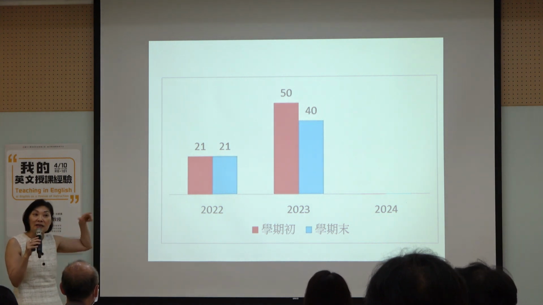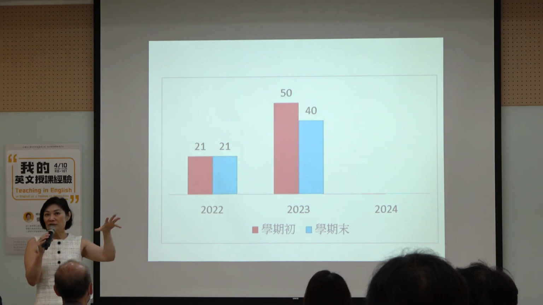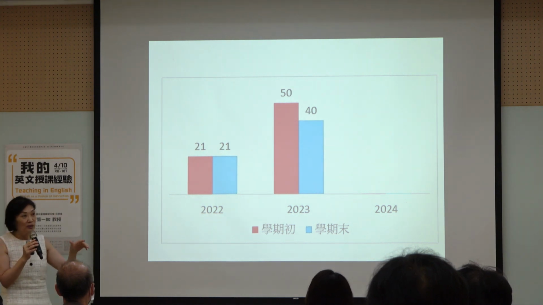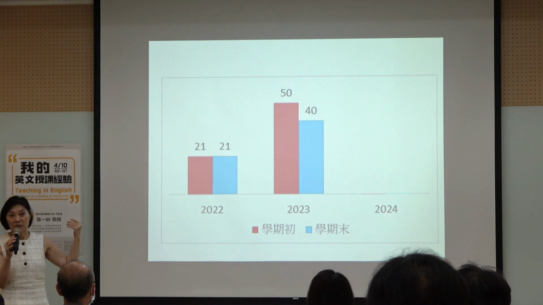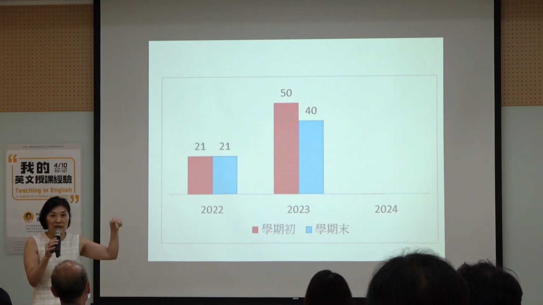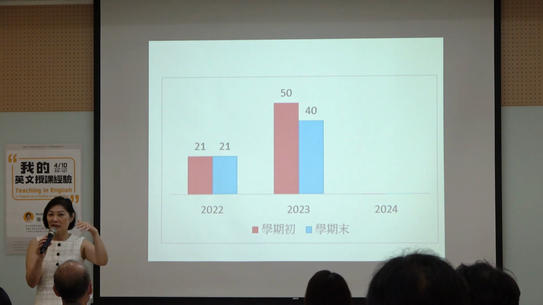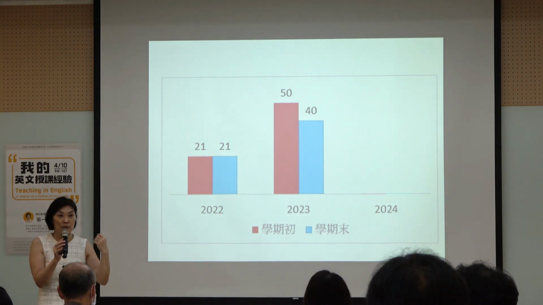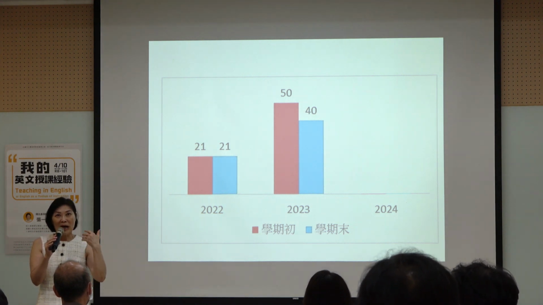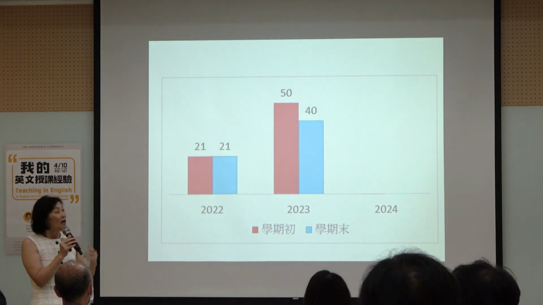As you can see in the class, what I have shown, I group them, with 4 or 5 in a group. So I can see who's in the group, and I have to make sure everyone in the group comes up to talk. They can't send one person all the time. I have to make sure they are switching. But with this many students, I lost track. I can't keep track of who's been up on stage, and it's getting very difficult to control, to make sure I reach my goal that everyone has to be able to say something.